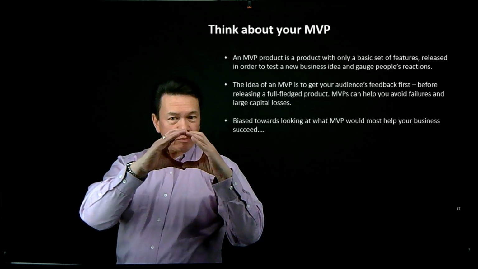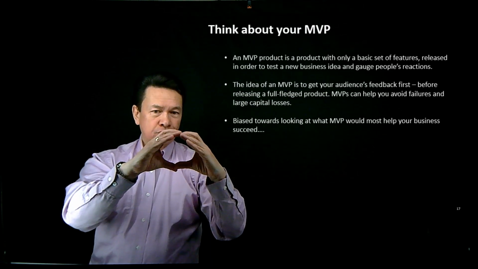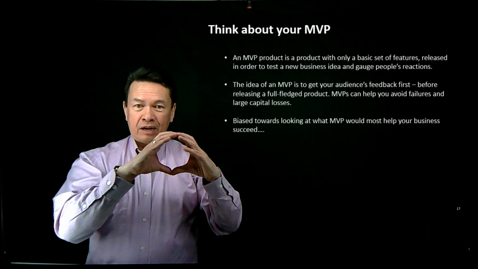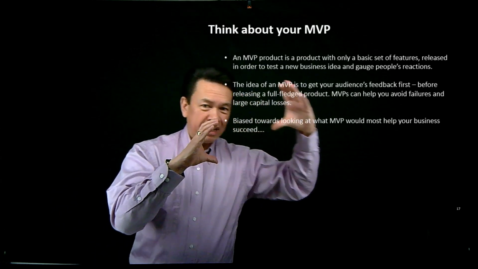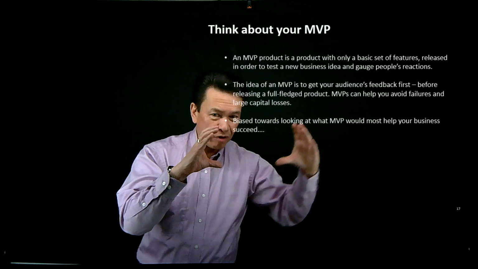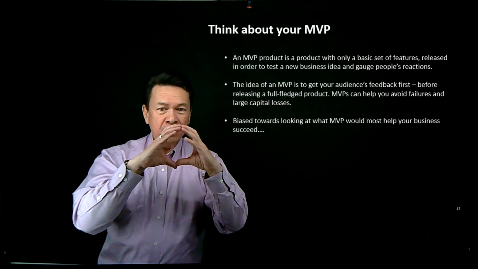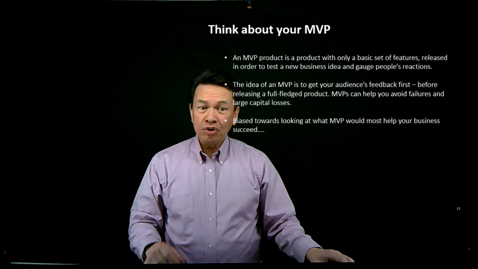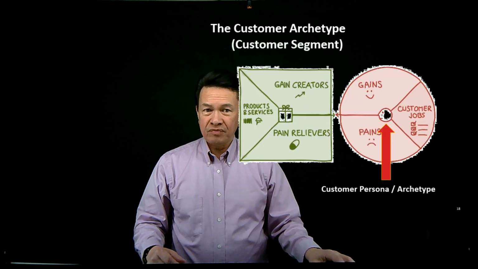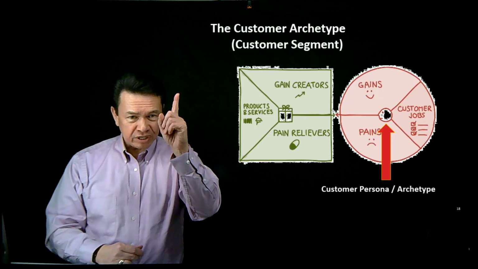And this piece that we start with has to have enough value that people are going to buy it. And once they buy it, then you can expand it. I can add more services to it. I can add more products to it, right? I can add more features to it. I can add whatever to it. But the key is, what's that initial set that I want to go to market with? So think about yours and see what you want to do in terms of your MVP. Okay, so that's the first thing we're going to do for next week.